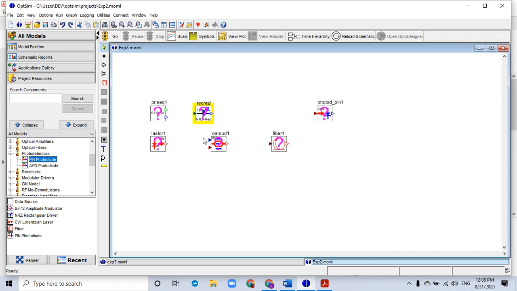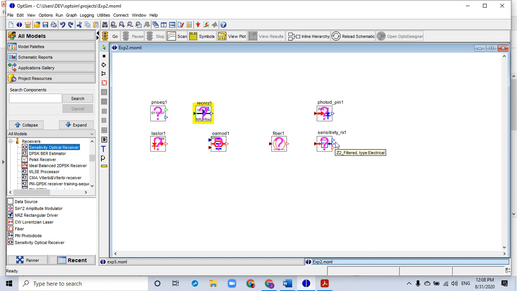On the other hand, if we take a sensitivity optical receiver from here and place it, there are two electrical outputs and one optical output available. If I want to measure the optical signal, that option is possible in the case of a sensitivity receiver. So we won't use the photodetector directly, because we want to measure the optical signal also. This is the transmitter section, this is my channel, and this is my receiver.